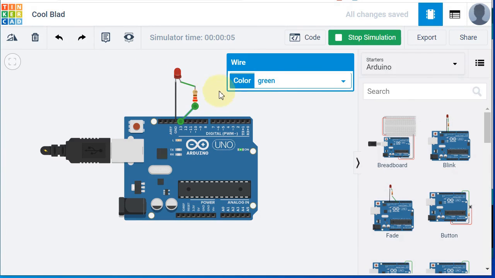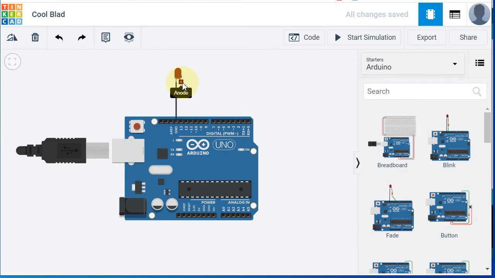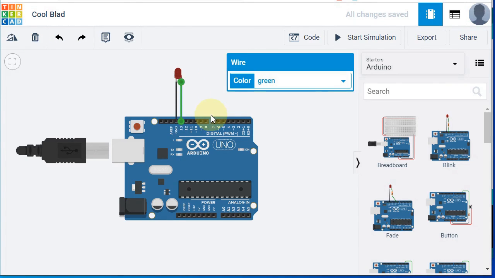One more advantage of this simulator is that if you make any mistakes in the hardware, that also will be indicated. Suppose I delete the resistor and directly connect the anode to the 13 pin.